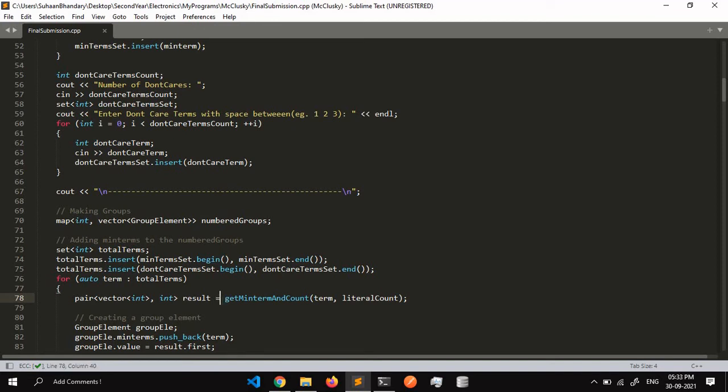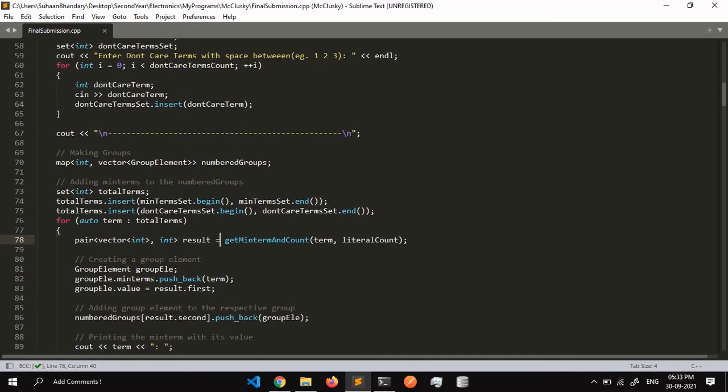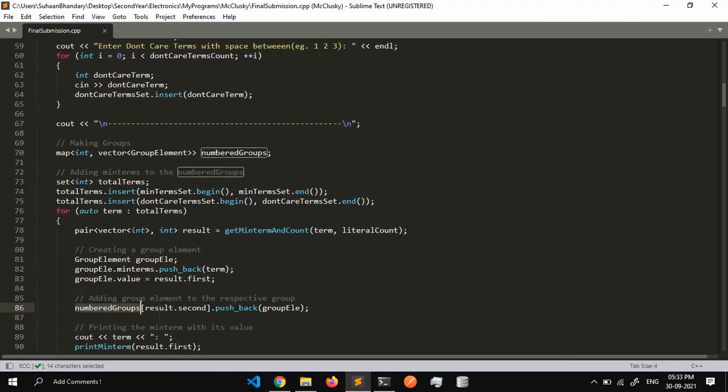If you search on Google, you can find many videos on bit masking. I highly recommend watching those. And after that, we add the respective group to the map we have created. This map stores the group number and the group.